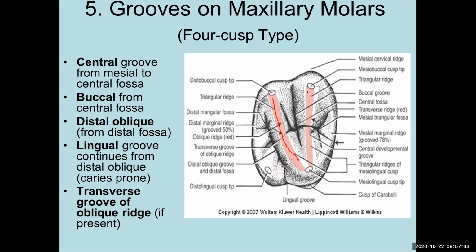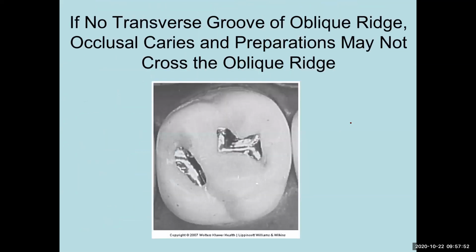Oblique, transverse. If no transverse groove is there of the oblique ridge, okay, now look at this. The occlusal caries and preparations may not cross the oblique ridge. Okay, so